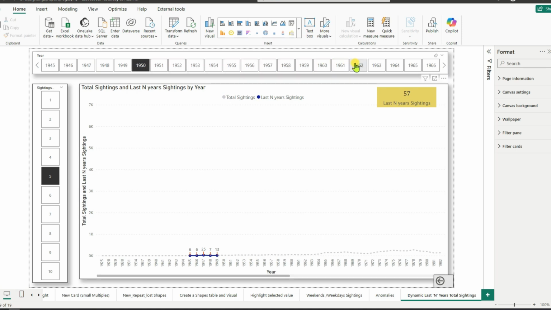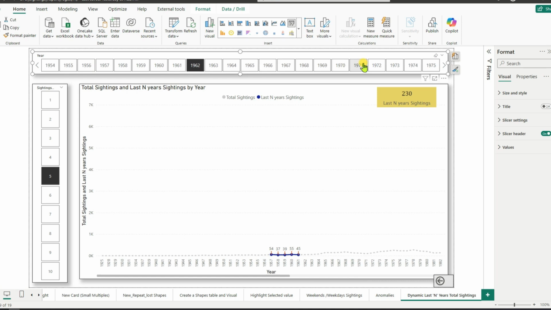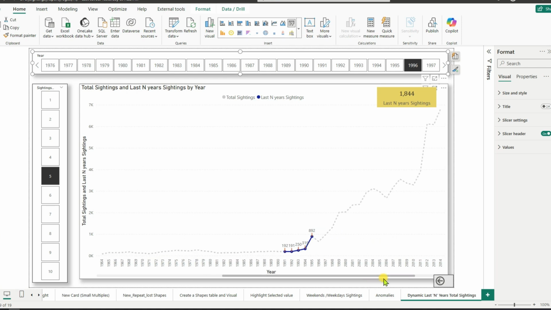So whenever you click on any year, go back to the number of selections, whatever you made. So those values also will change, so that the user doesn't have to add up all those values. It's already there. So if it is 1996 and last 5 years, 1844 is the last 10 year sighting. So visually you can see those individual values, and also cumulatively you can see all those last 10 year sightings